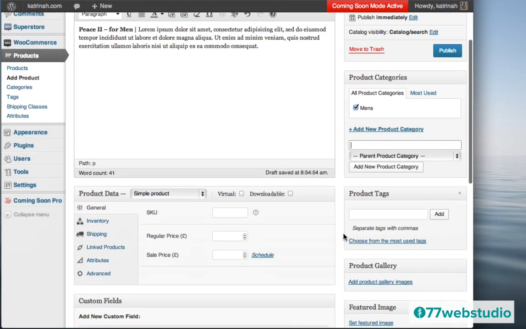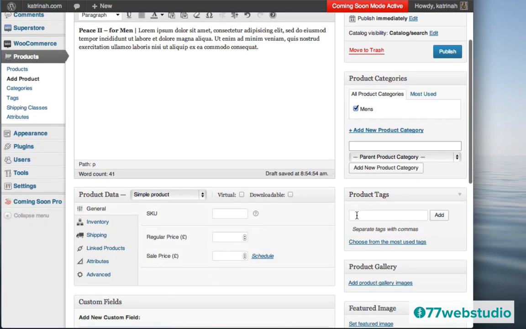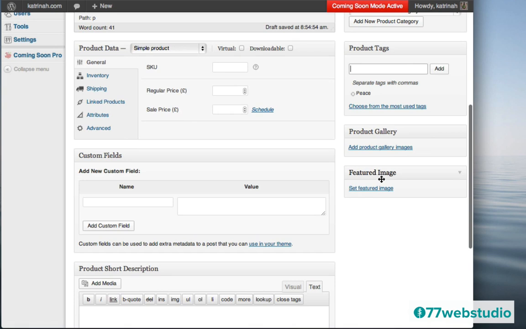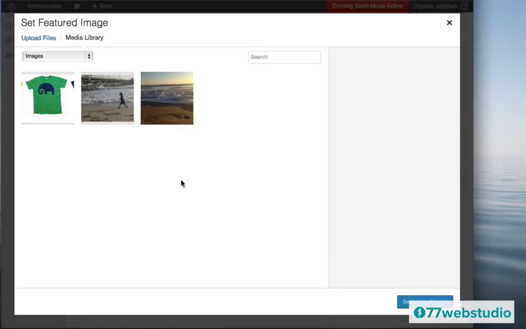I'm also going to give this a product tag. So this is a Piece t-shirt, so I'll just give this a tag of Piece, and then I want to click on Add. And then you want to come down here to where it says Featured Image, and you want to click on Set Featured Image to set the image for this